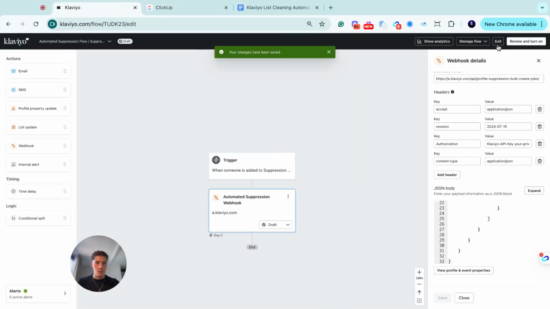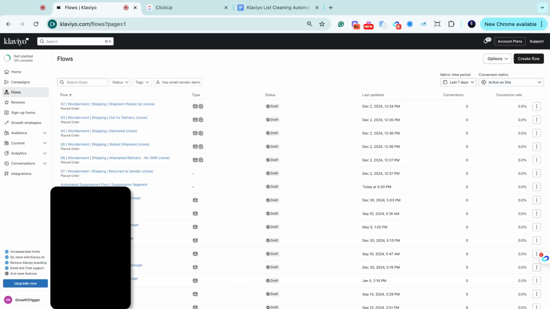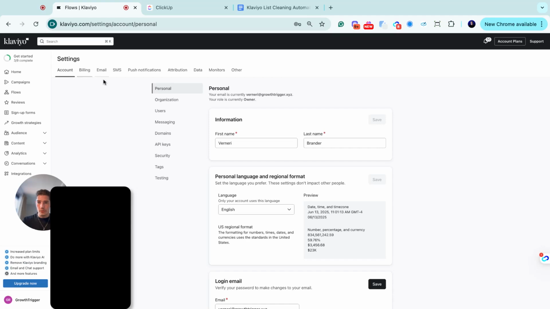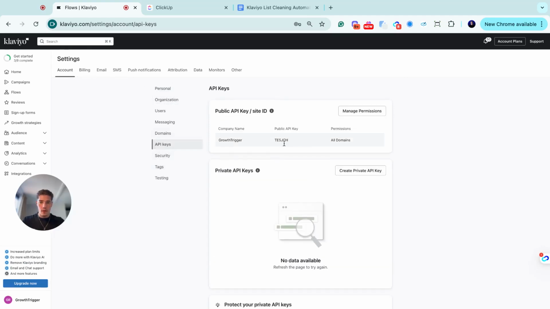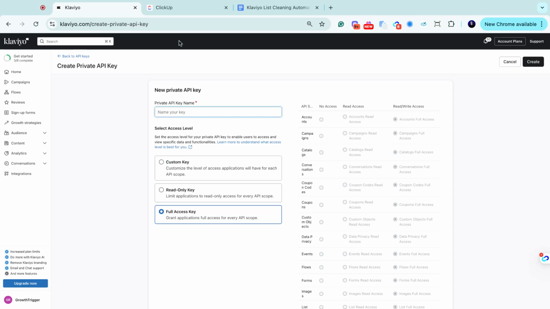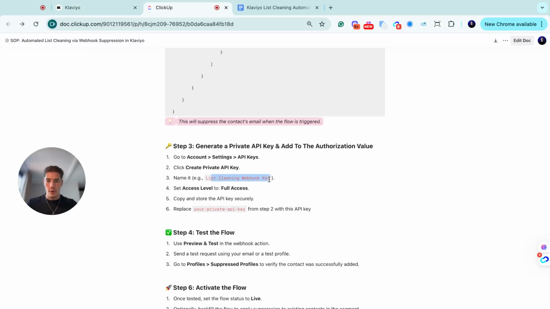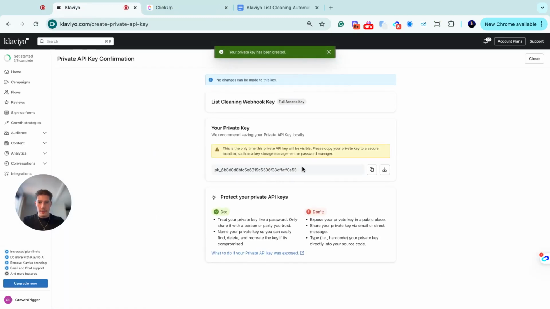So let's now just keep this flow here for a second, and let's go to the API section so I can show you how to do this. So here, let's go settings. Let's go to API keys, and then private API keys, create private API key, then full access key, and name it something like, list cleaning webhook key. Take it from here, name it like this, press create,